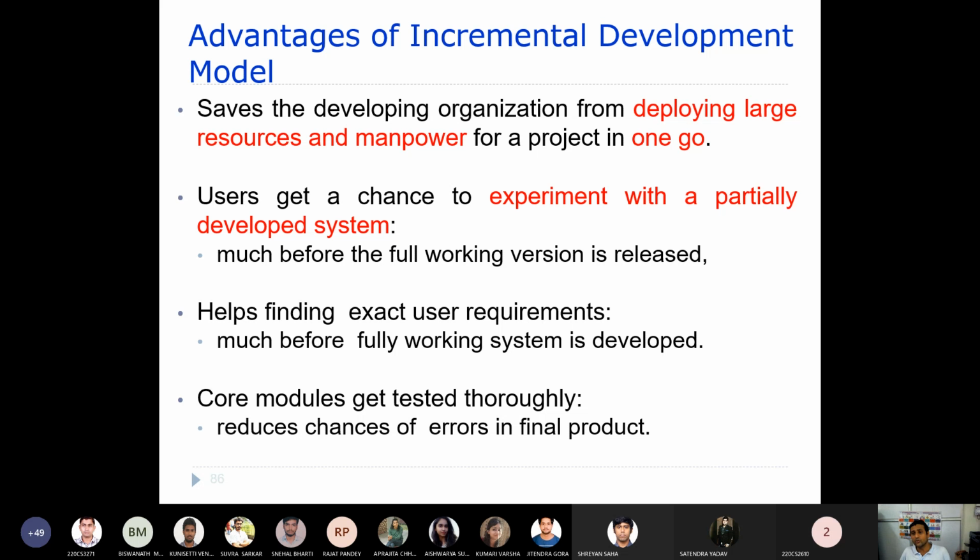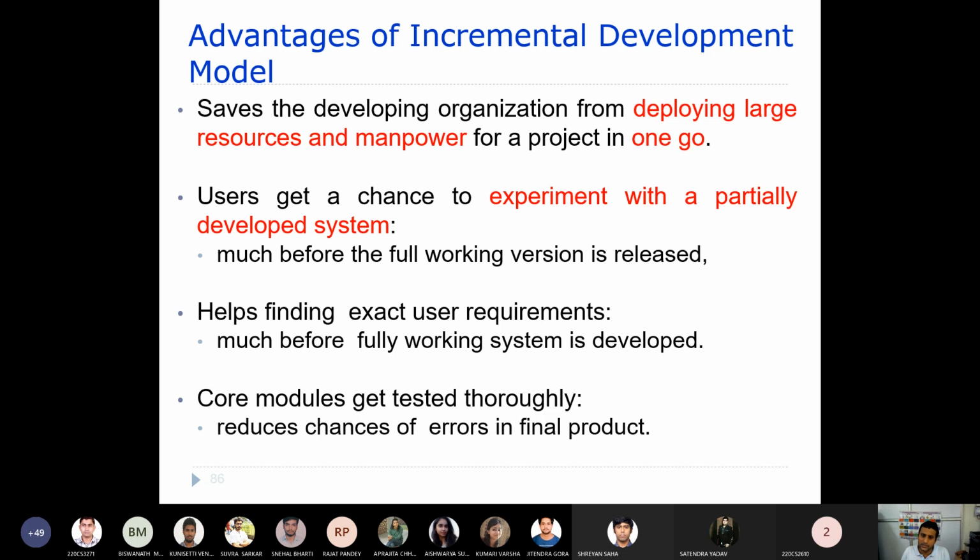Core modules get tested thoroughly. As I told you, first you develop the core modules, and thereafter you add a few other modules. But before delivering the second version, sometimes you enhance the existing modules also, that is, the core modules, and then you test those modules. Every time a successive version is delivered to the client, these core modules are tested again and again.